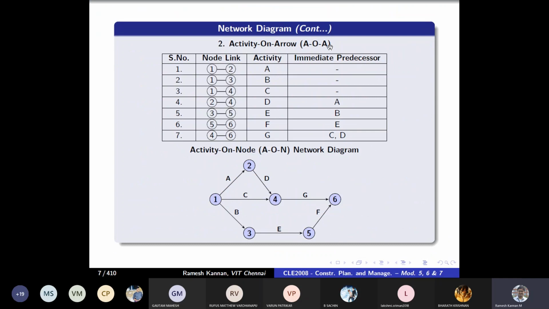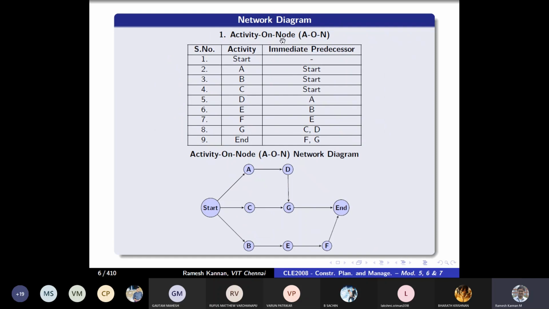So kindly make sure that this time you read the question carefully and understand what particular network is there. When there isn't any network mentioned, you can feel free to choose either of these two on your own. But if a specific network methodology is prescribed, then you have to take that particular network and construct that particular format, right? As simple as that, right?